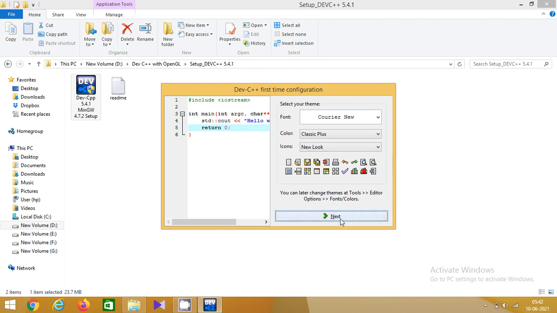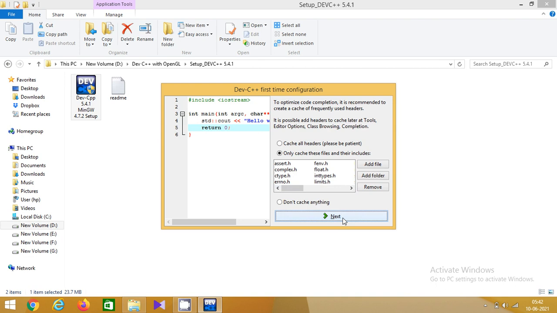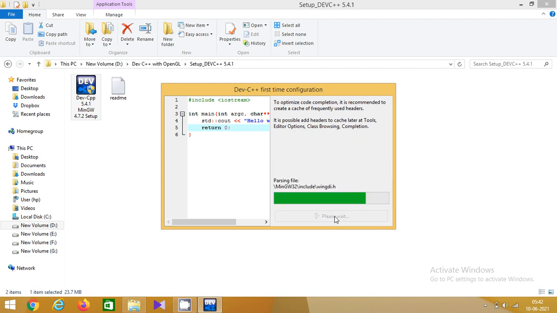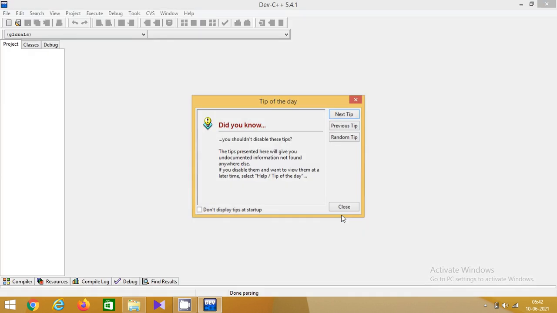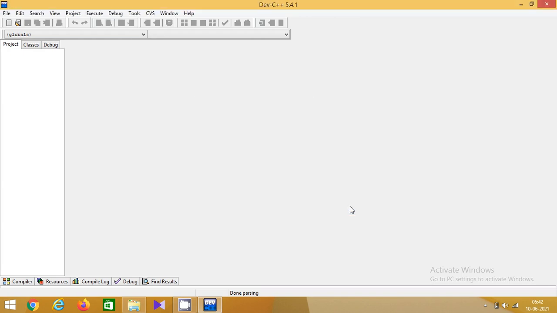Click Next, and here it will show some caching options. Again, don't change anything here, just click Next, then finally click OK. The Dev C++ IDE is open now, and here you just close this tip.